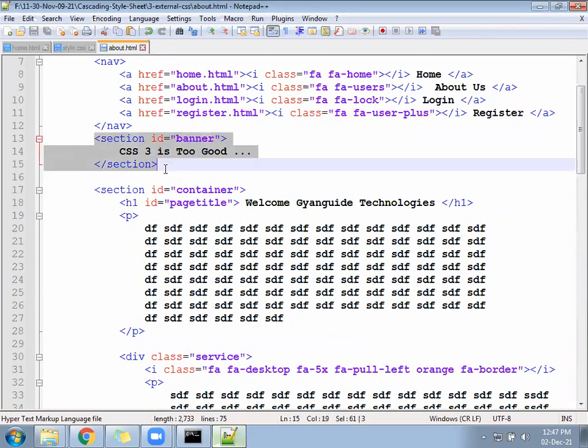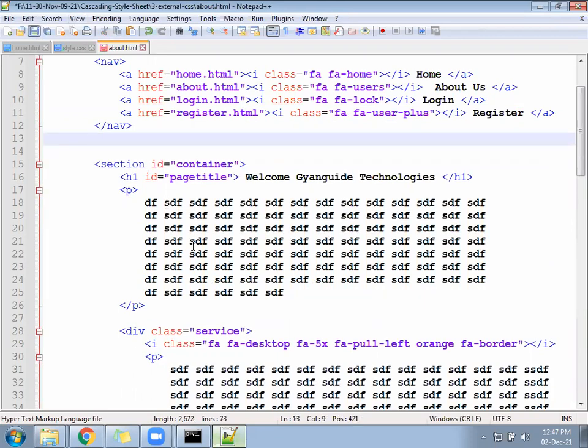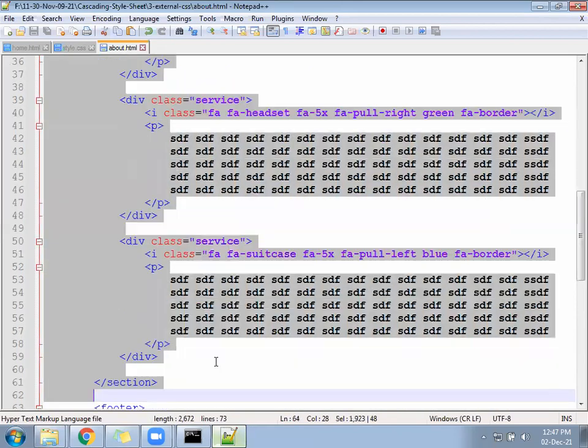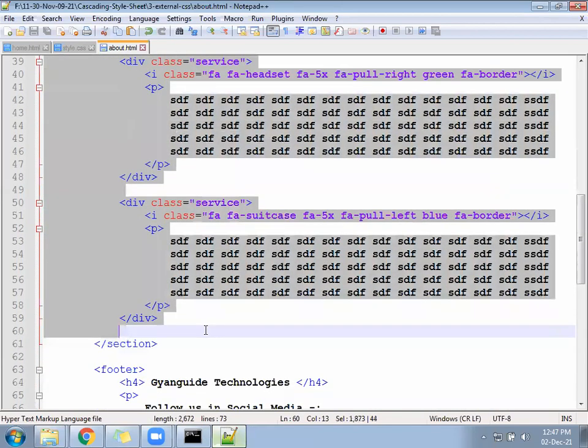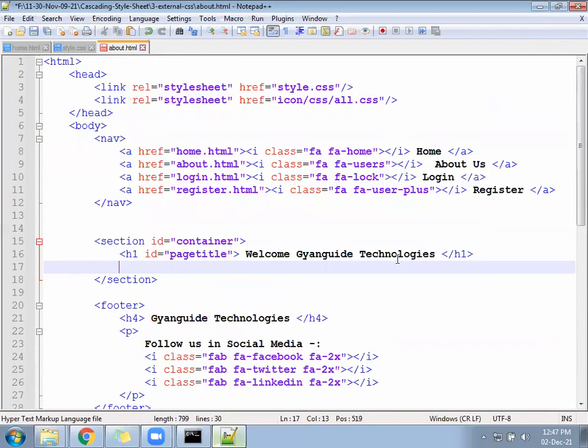We have a section ID called banner, remove that. Then from the container, you delete everything. Keep only the heading. Change that heading to about us.